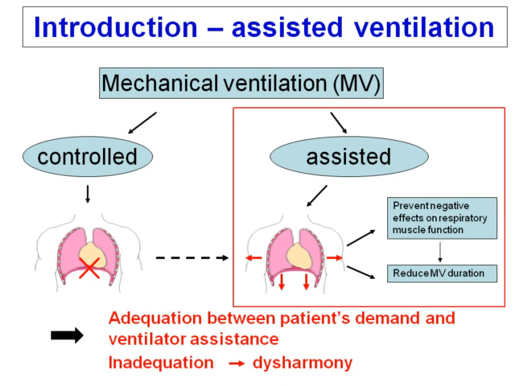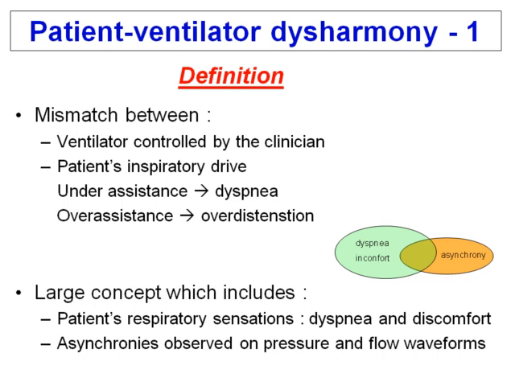But for assist ventilation to work, we must have a good adequacy between the patient's demand and the ventilator assistance. If there is an inadequacy between these two parts, it can lead to disharmony. So, patient-ventilator disharmony is a mismatch between the ventilator, which is controlled by the clinician, and the patient's inspiratory drive. There are two distinct situations. The first one is under-assistance, which can lead to dyspnea, and the second one is over-assistance with an over-distension. So it's a large concept which includes the patient's respiratory sensation like dyspnea or discomfort, and asynchronies observed on